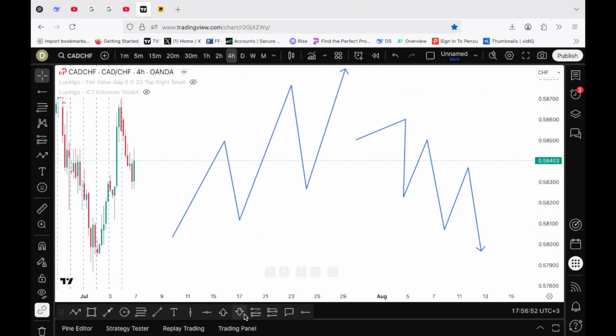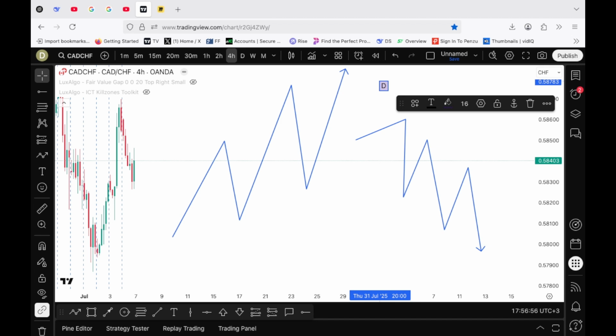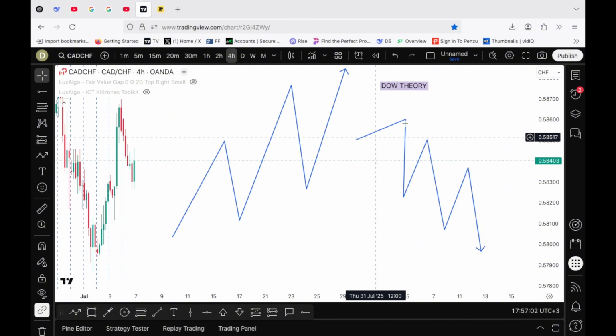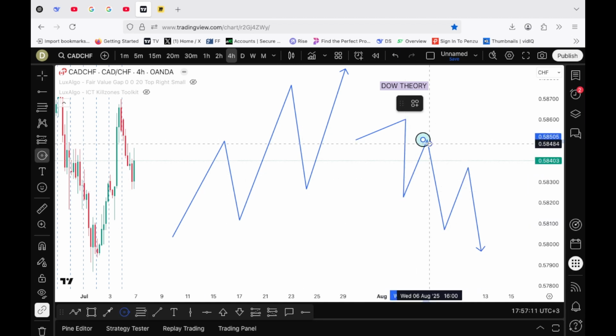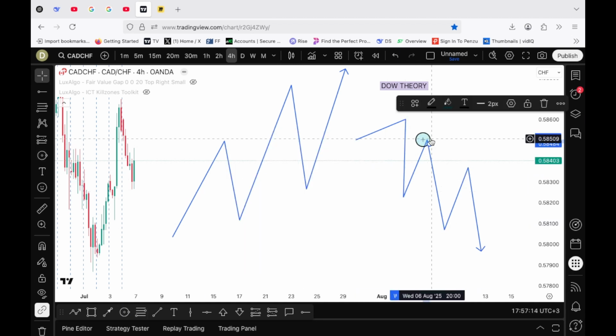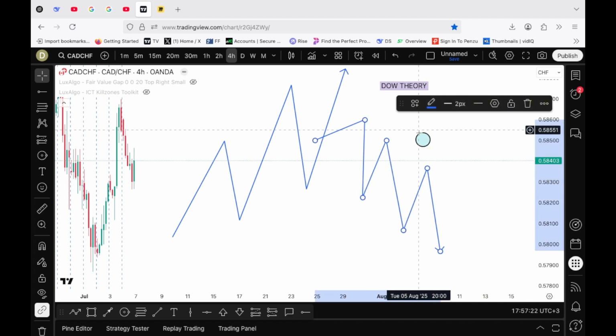So basically, based on the Dow theory, this is basically the Dow theory of defining trends. That means the market is making lower low, lower high, lower low, lower high, which means this high is lower than this high, and this low, this high is lower, meaning that this